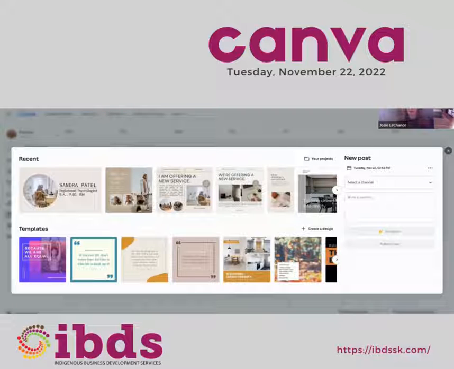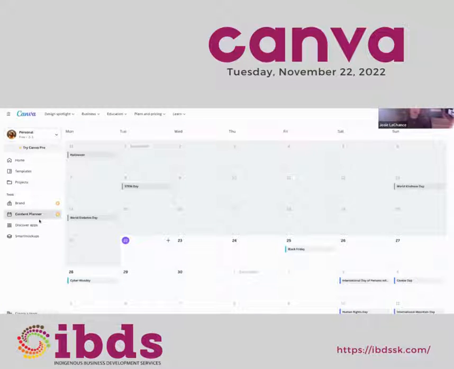The only thing with this is, again, with the free version, you only have the option to publish your content right now. You don't have the option to schedule it. That's included in the Pro version. But you can also schedule your posts other ways through the Facebook platform itself. So you don't necessarily need it just for that, but it is helpful if you find yourself using Canva for the majority of your creating.